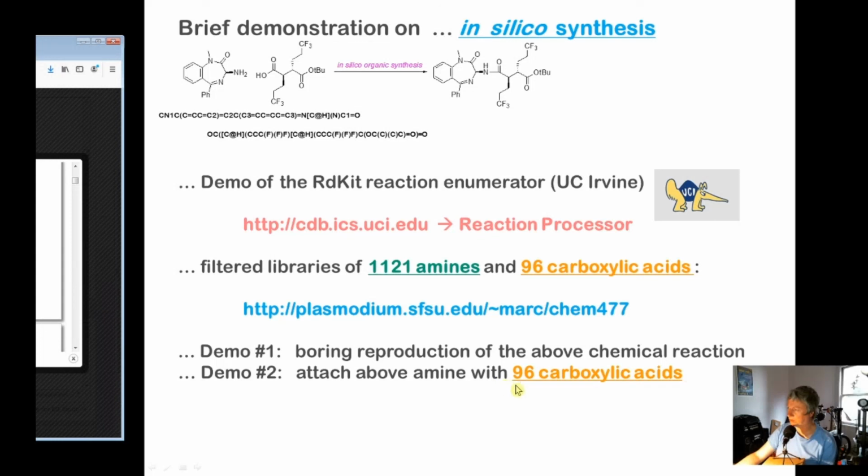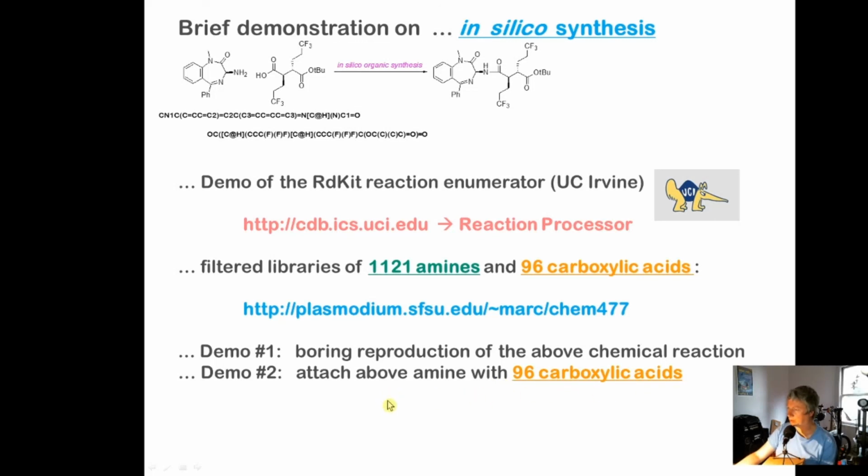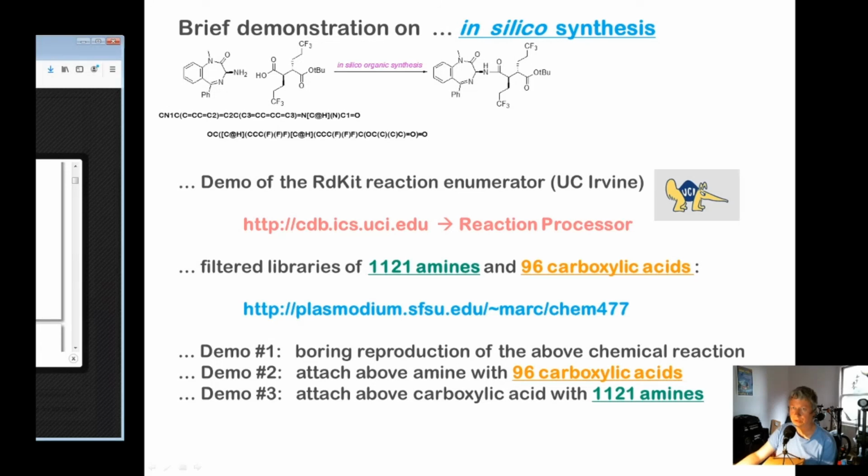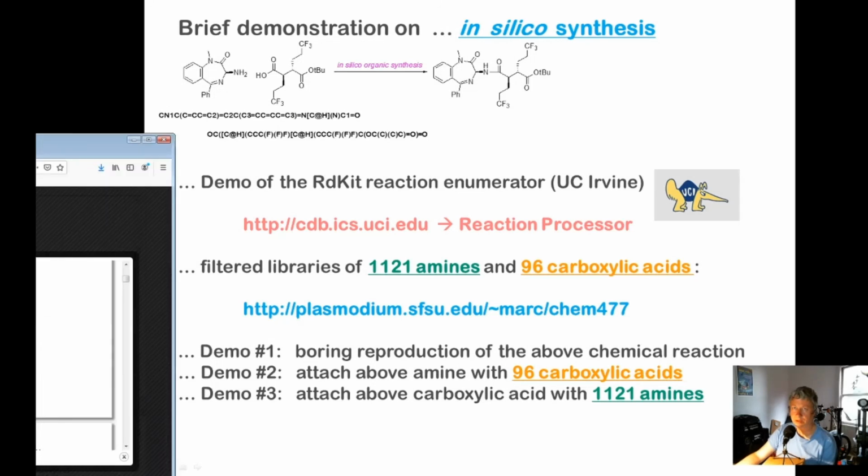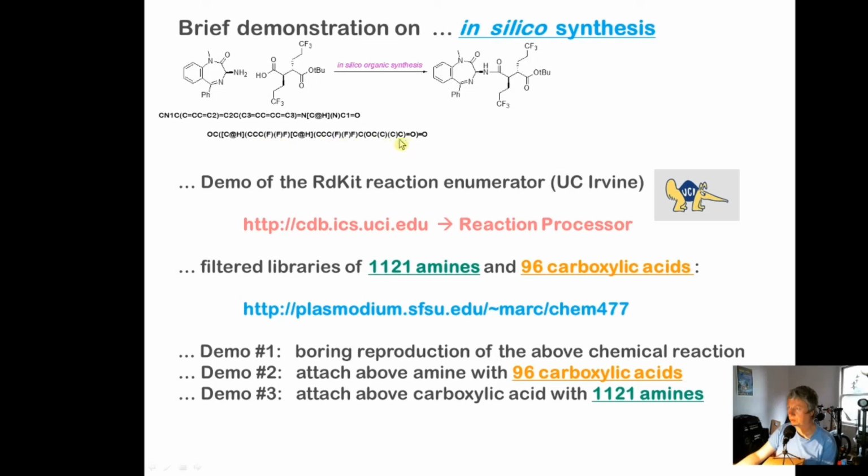Attach the above amine with 96 carboxylic acids. So now what we're going to do is attach this carboxylic acid with 1,000 different amines that are all available. Okay, so we're going to do it the same exact way. This time I have to get the SMILES string of the carboxylic acid, which is the second one. So let me get that real quick on my clipboard. Okay, so I have the carboxylic acid on my clipboard, and then we're going to go back to the